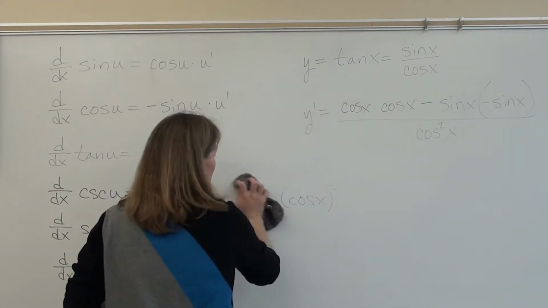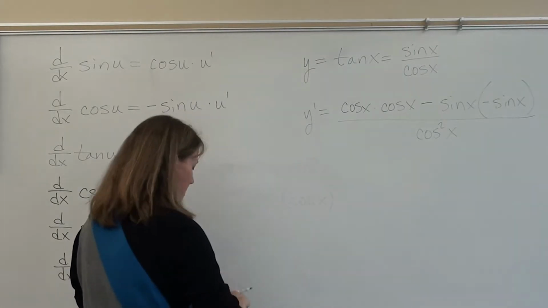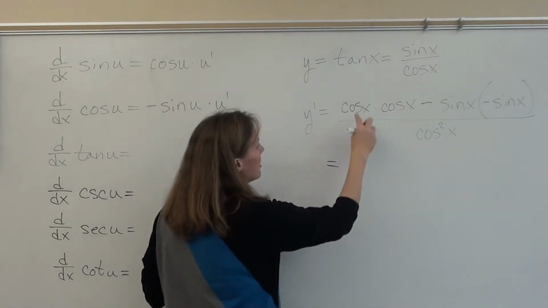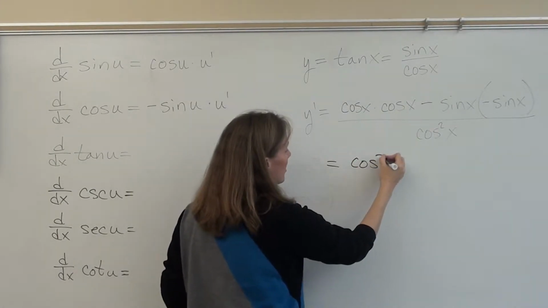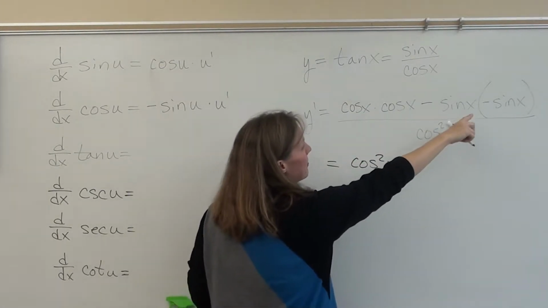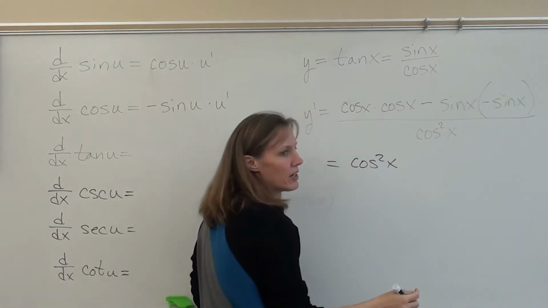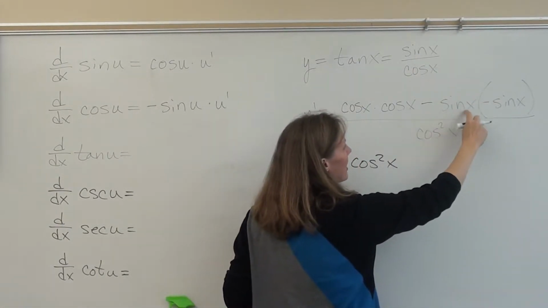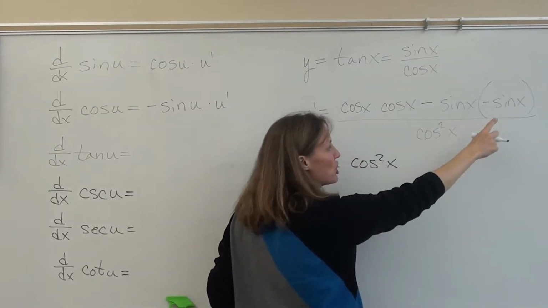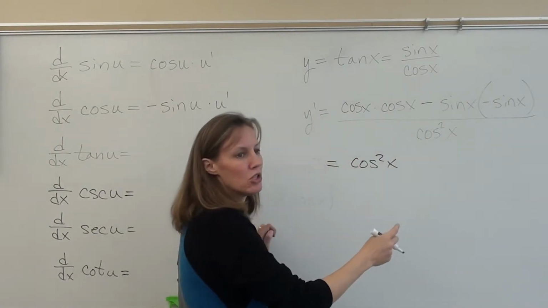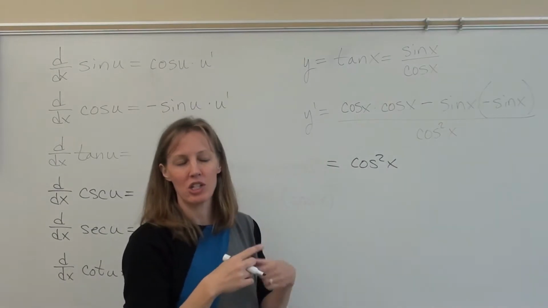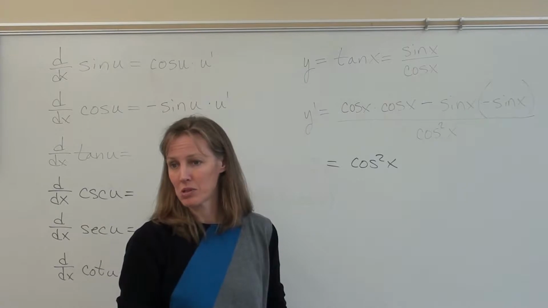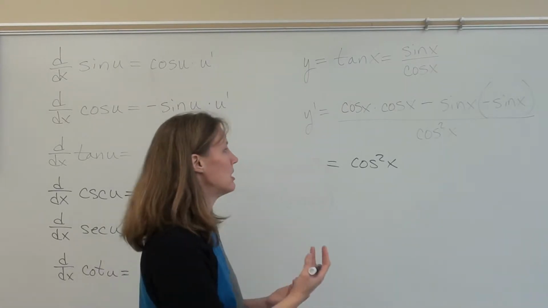So here's what we get for this one. By the way, be very careful when you're multiplying by a negative. This is negative sine x times negative sine x. It's not sine minus sine. This is not subtraction, it's multiplication. So don't turn your multiplication into subtraction. I saw that a lot too, where people would drop parentheses and all of a sudden their multiplication became subtraction. So be careful that it stays multiplication.